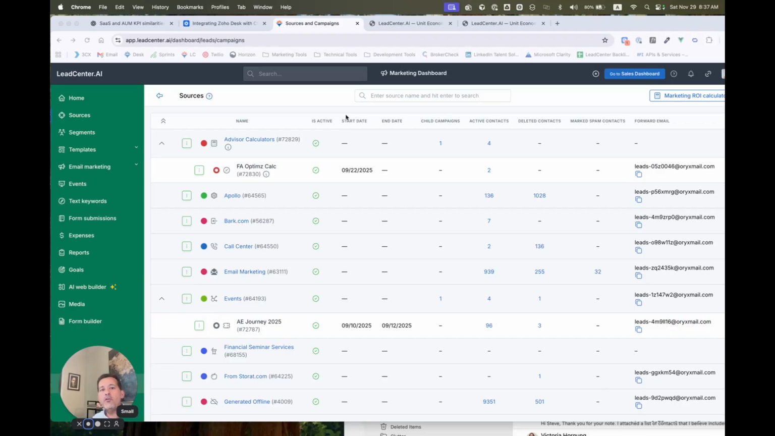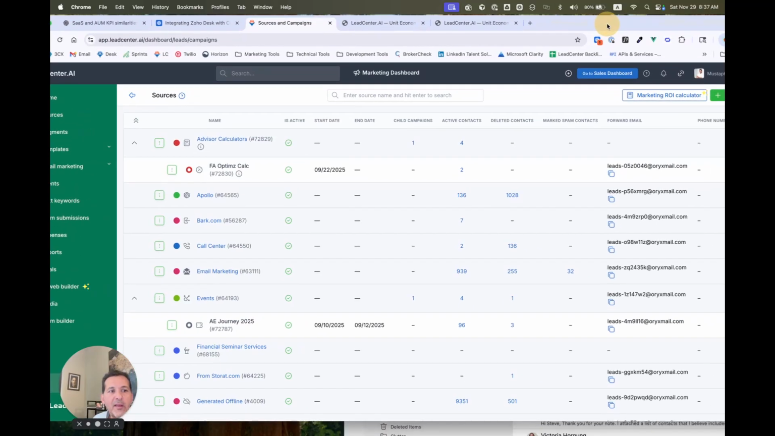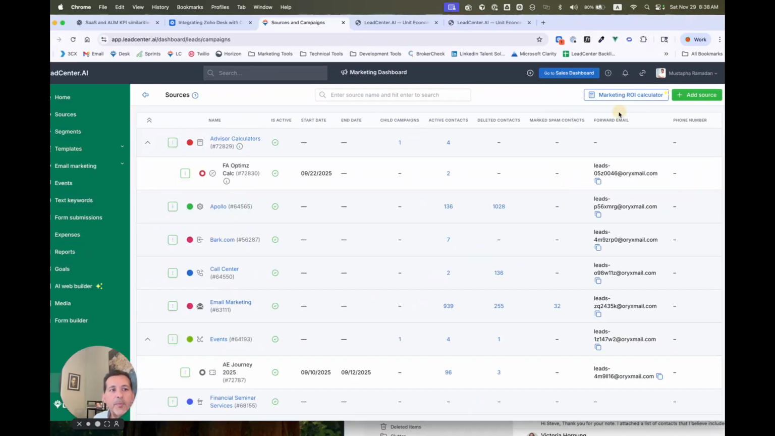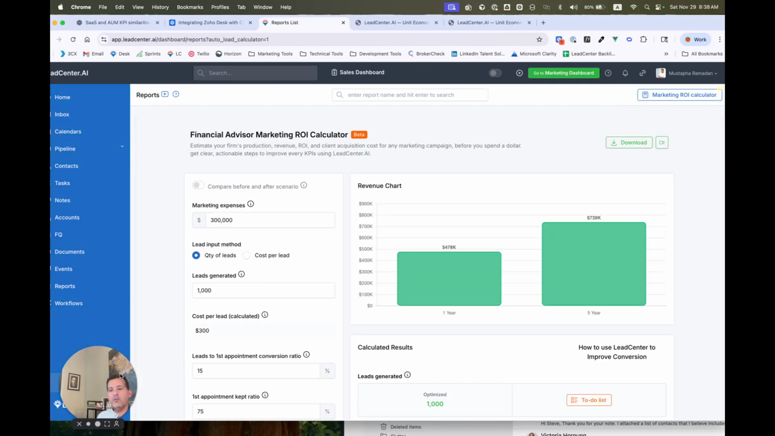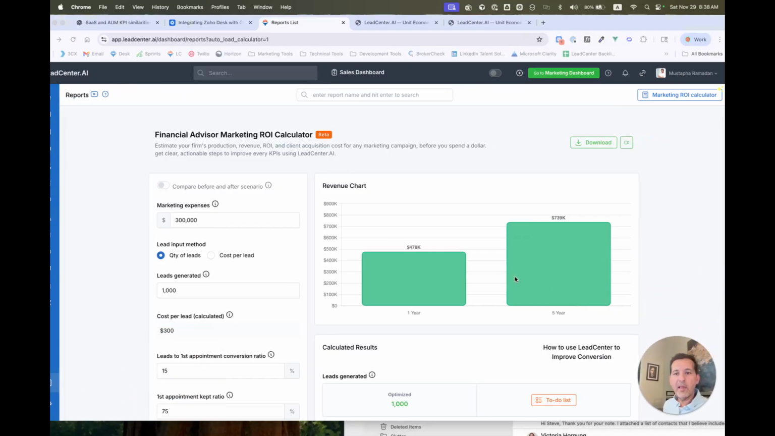So when you are in LeadCenter, go to the marketing dashboard, and in the marketing dashboard, click on sources. And under sources, you will find the blue button here called Marketing ROI Calculator. I'll click on Marketing ROI Calculator. So when you open the Marketing ROI Calculator, on the left panel here, you will